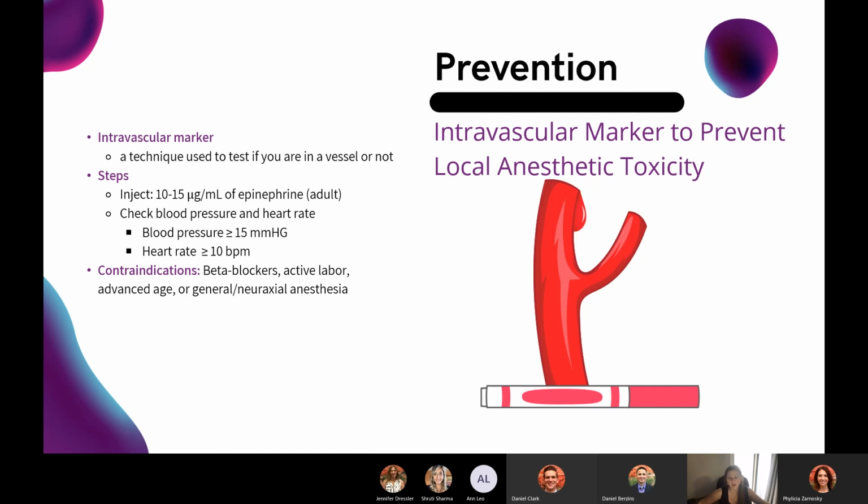You could inject something like epinephrine. In an adult, you would inject 10 to 15 micrograms per milliliter of epinephrine, and you would check their blood pressure and heart rate for an increase. If there was more than a 15 increase in blood pressure or more than a 10 increase in heart rate, that would indicate that you were